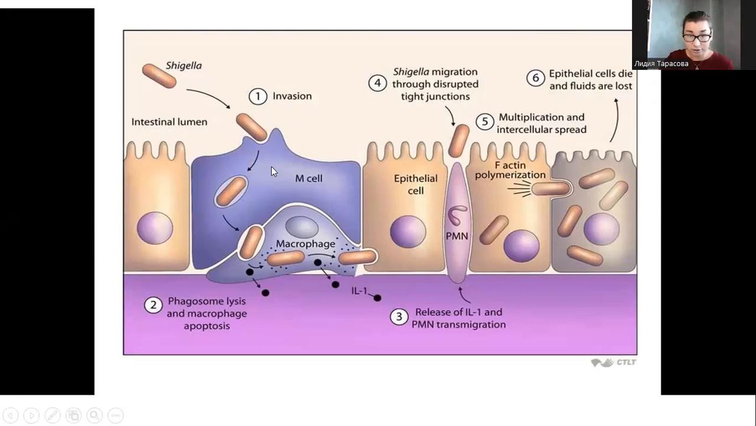adherence, and then invasion. Invasion through the M cell, invasion to the macrophage, and very important, invasion to the epithelial cell. Shigella can migrate through the disrupted tight junctions. Multiplication and intracellular spreading. Intracellular spreading is a special Shigella ability. It can go from one cell to the other cell and kill the cell, destroy